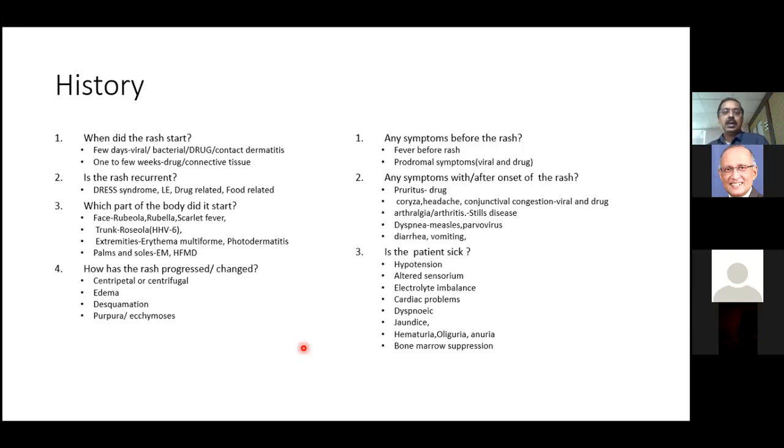Right? Now, purpura or ecchymosis. Some of these dermal reactions may be so intense as to cause a purpura. There is an extravasation of the RBCs, which causes a purpura, and that can lead to an ecchymosis. So in certain areas, when you see, it will be erythematous, and in certain areas it may be purpura. So you can have an overlap. That is what I am trying to mention here, right?